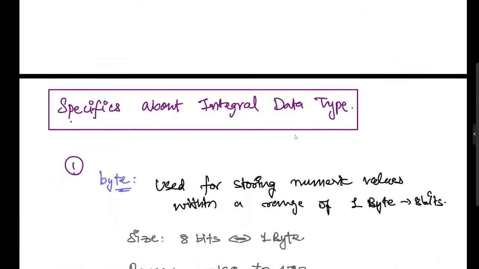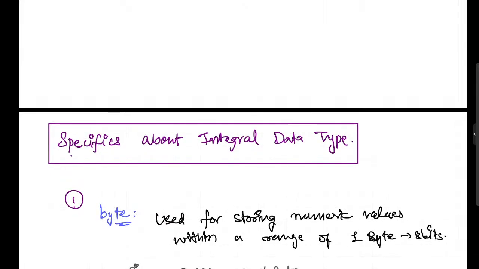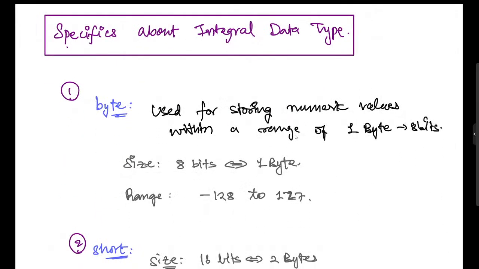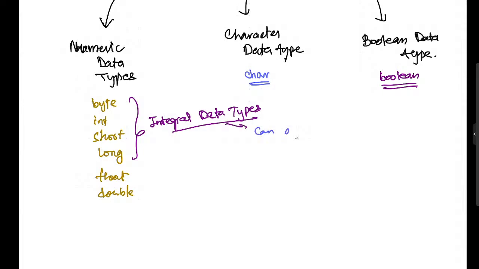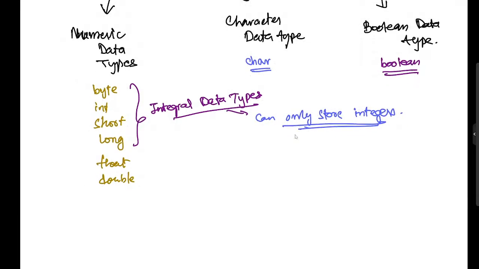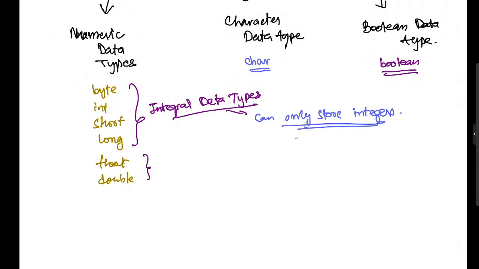Now we are going to get into the specifics of the data types. Basically these four that you see are integral data types. What do I mean by integral data types? They can only store integers, and that is the reason why they are integral data types. And these two are known as